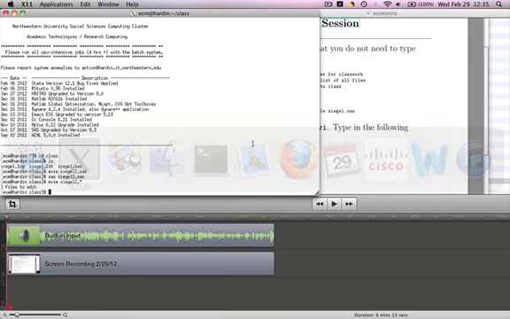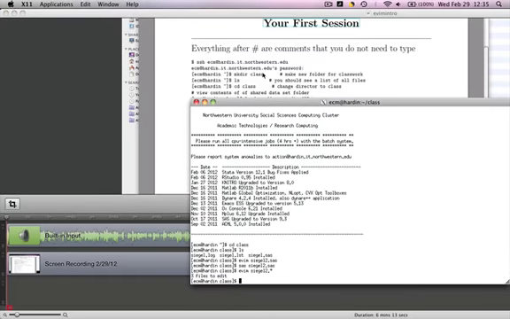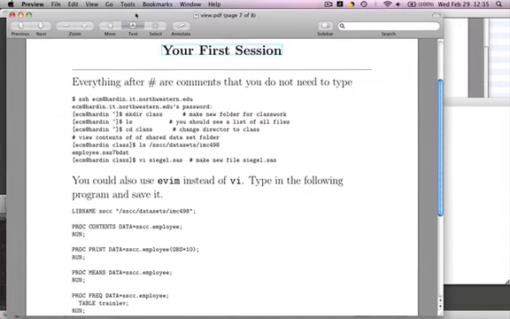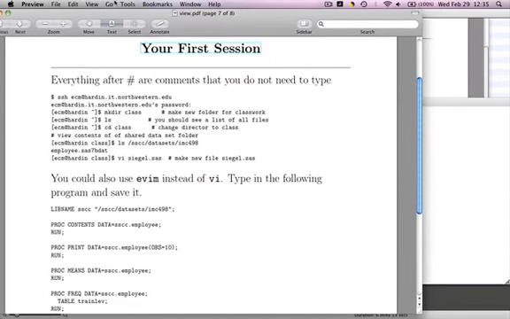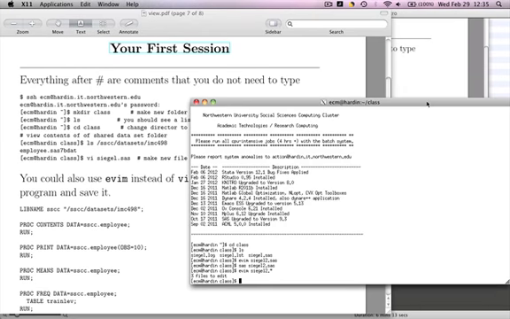Let me go back to my X window. We've been talking about this first session, and I'm going to show you one other way to access SAS. I don't think you want to do it this way, but I'm going to show it to you anyway. So if you have an X11 session, this previous video that I just created for eVim, we created this X11